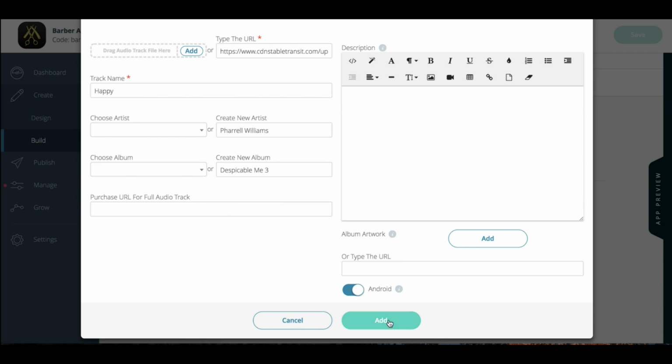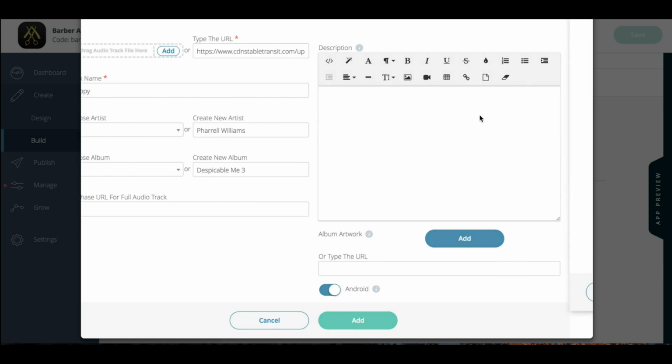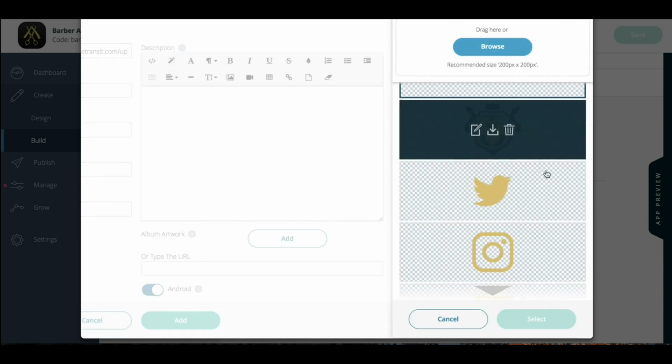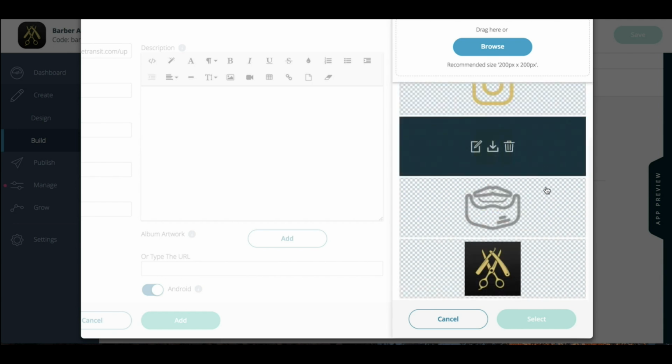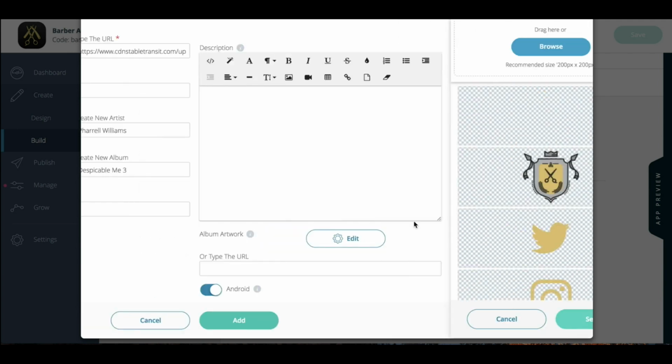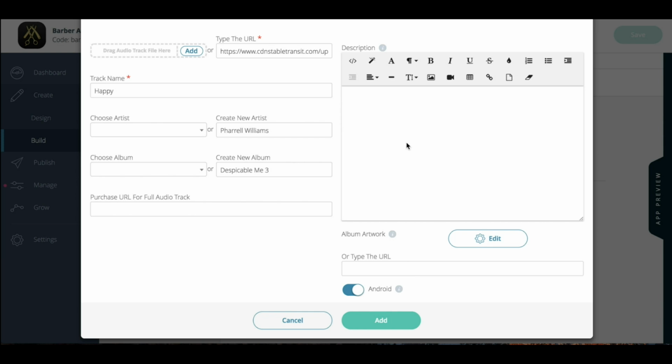And I'm going to add album artwork. Why not? So I'm going to add a little beard. Why not? That'll look real nice. And for description, let's make this very simple. The Happy by